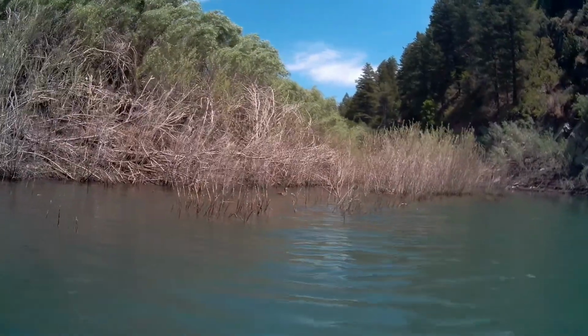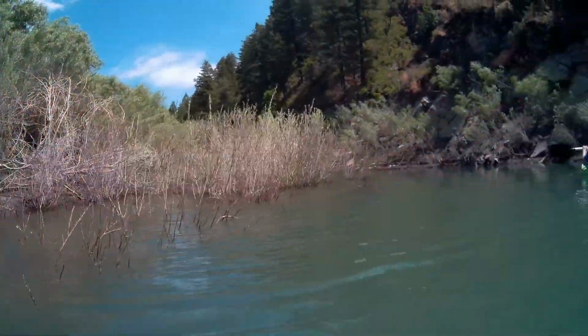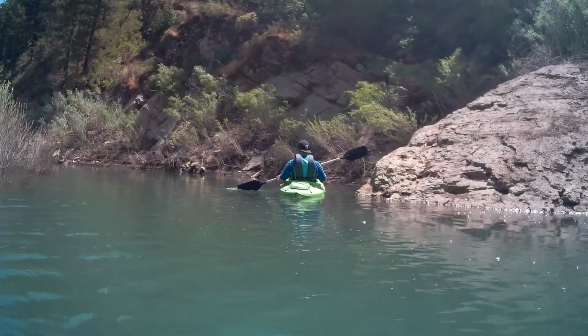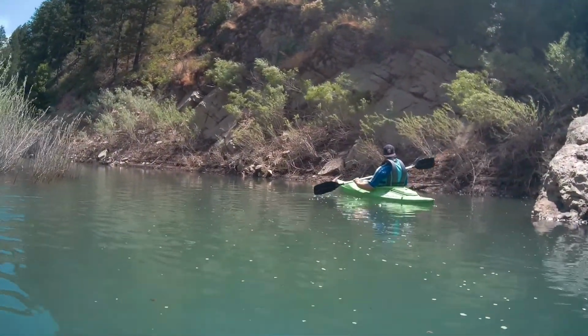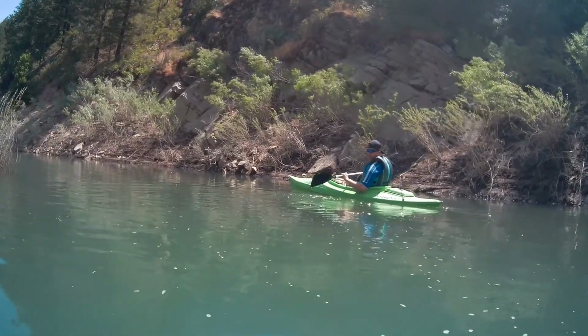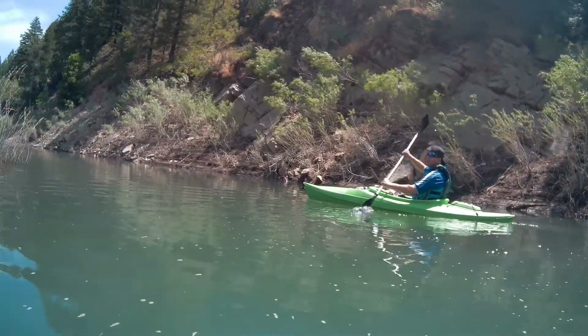Yeah, that's the great thing for me with kayaking at a lake. It's just easy flowing, and if my hands need a rest because of my multiple sclerosis, I can do that without having a problem. So back in this little area we start to go back into,